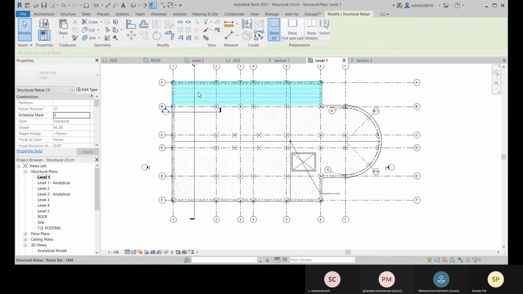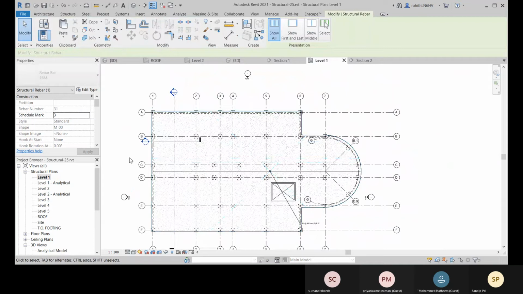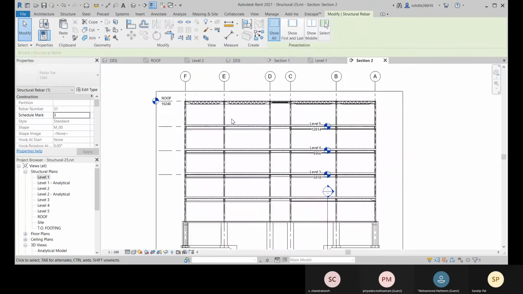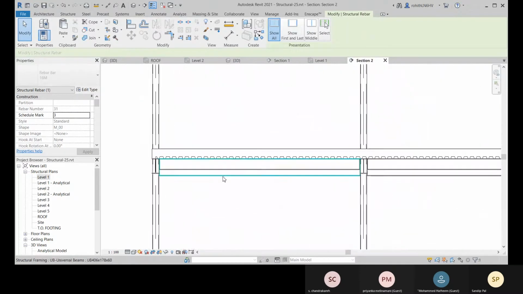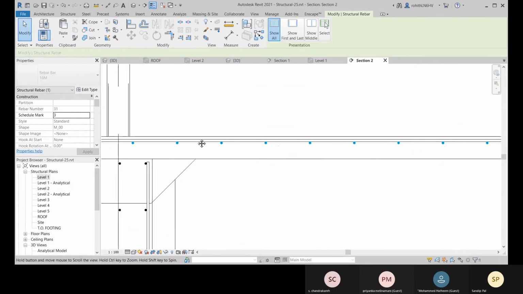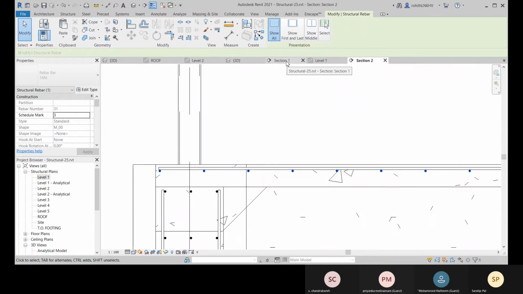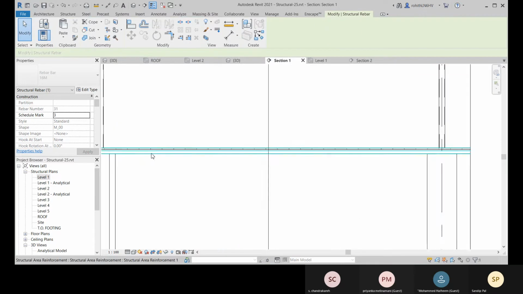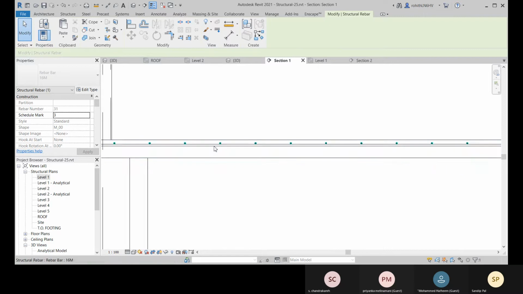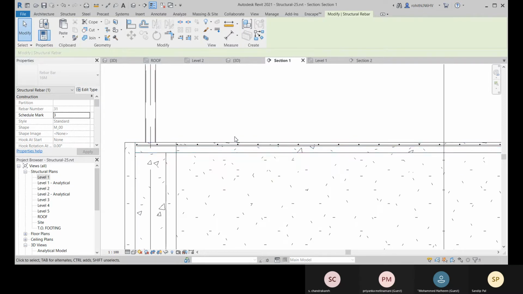Okay, so there you have it. All right, there you can see. And if you come to this section 1, so let me come to both sections, and there you can see this is section 2. And if you go for section 1 also, there you can see. All right, so like this you can place your rebar.